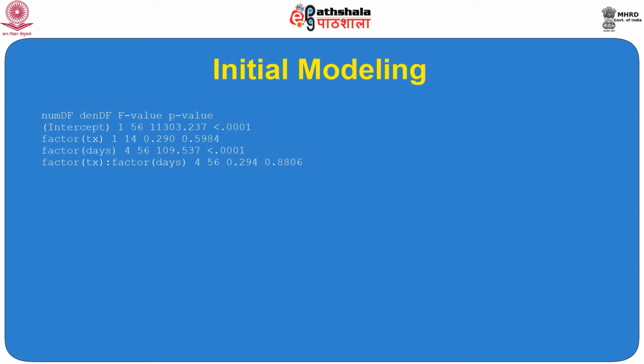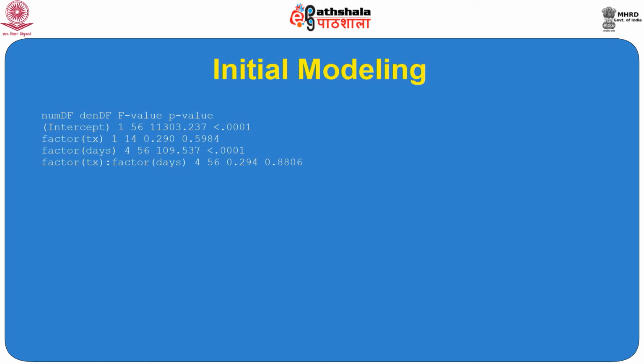That regression coefficient was obtained as 0.290, having p-value 0.5984, and for the factor days the regression coefficient value came as 109.537. Again it has significance, p-value 0.0001, and the interaction between Tx and days is coming as 0.294 with p-value 0.8806. So there is no interaction effect between treatment and days that can be noticed here, but obviously days had a significant role in reducing the systolic blood pressure. That's why the p-value for days is less than 0.05, whereas treatment did not have any significant role in reducing the systolic blood pressure. That's why the treatment Tx corresponding p-value is coming